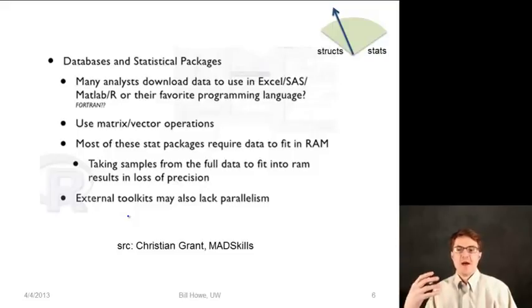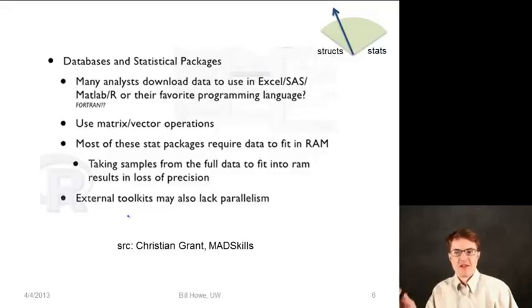And this isn't just a matter of, oh, well, you can express anything if you have sums and averages. It's also even fairly advanced techniques. There's an increasing amount of interest in figuring out how to get this stuff into the database. Okay. And so this is a slide I've taken from Christian Grant, where he argues that, look, if you consider databases versus statistical packages such as SAS or MATLAB or R or SPSS,